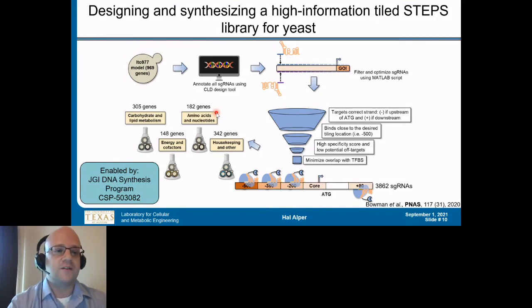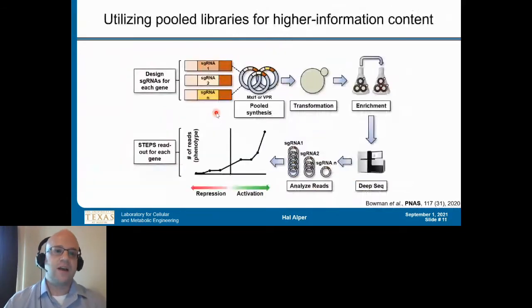So all of the 969 genes that were in this metabolic model. What this enables us to do now is move from a targeted approach to an untargeted, or library-based, selection. In doing so, we can get these libraries where we can introduce these guide RNAs together with either an MXI or VPR repressor or activator, introduce those into cells, go through an enrichment step, whether it's growth enrichment,